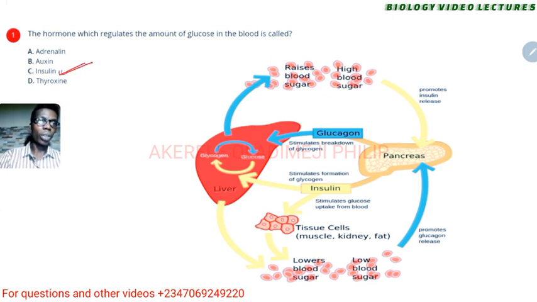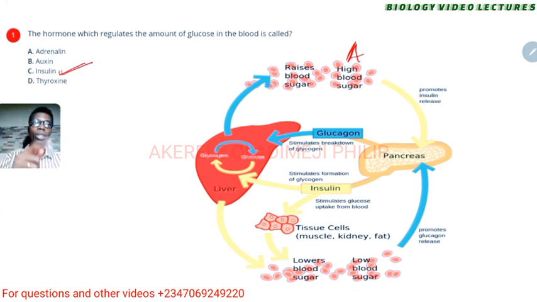So let's see what happens here. I'm going to start with this part here. We have put the A on. The A means glucose level is rather high in the blood. Because it is high in the blood, that's not so good. The normal glucose level should be about 90 to 100 milligram per centimeter cube of blood. That's what you're supposed to have. But once you're done eating, your glucose level can rise above normal, probably about 400 milligram, which is not so good for the body. So what the body does is find a way to bring it down.